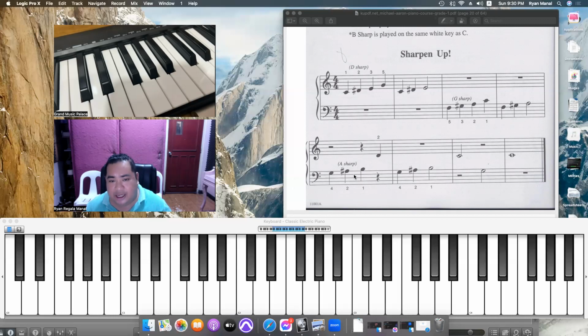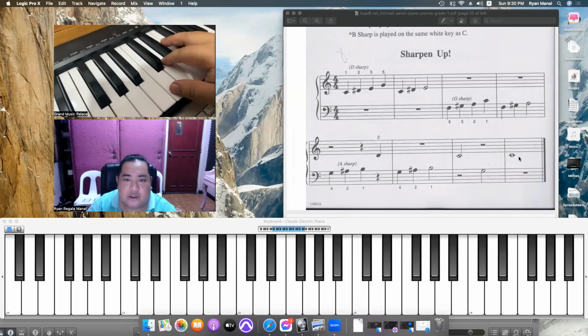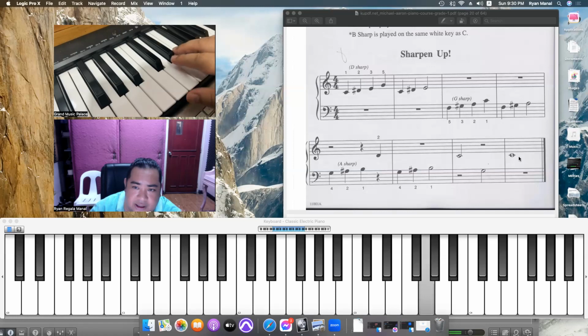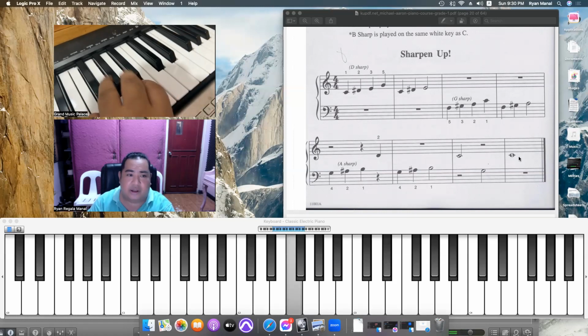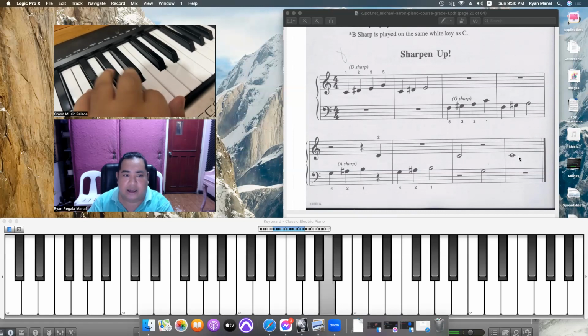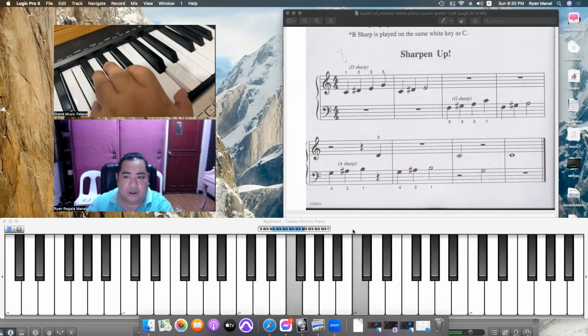Second line. G, A sharp, B, D, G, A sharp, B. Then C, G, and then C. 2, 3, 4. Okay, let's try the first one. So it's 1, then D sharp, 2, then E, G, then C, D sharp, 3, 4. Next is F. F, G sharp, A, C, F, G sharp,